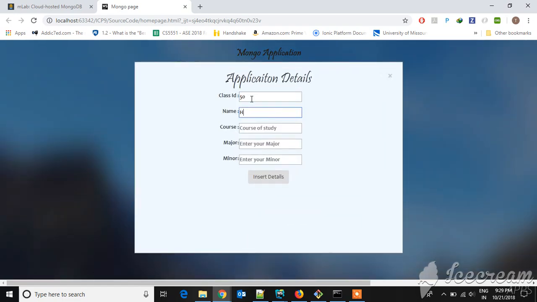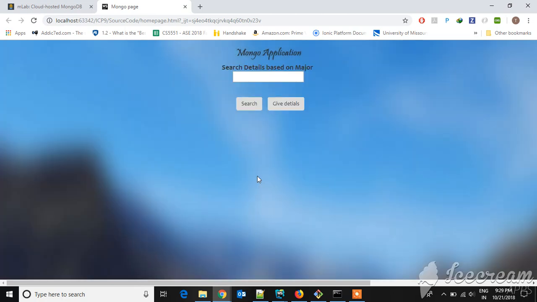SID 50, Harish, masters, CS, and binaries. Okay. So now the details have been inserted into the database. Let's search based on computer science